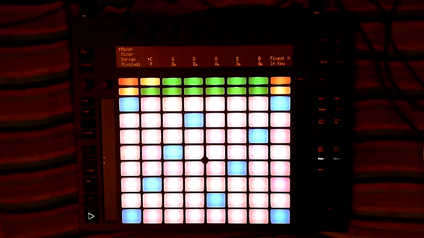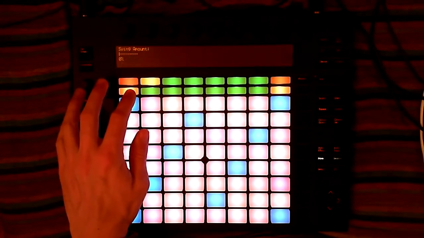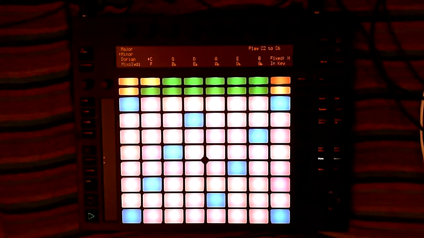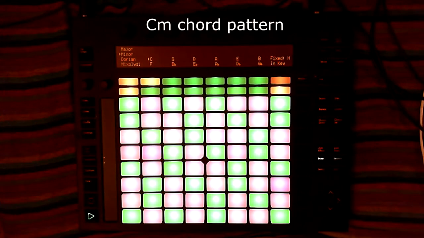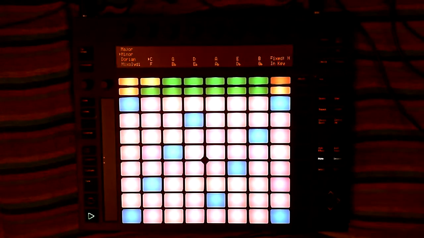If we switch to minor scale and play minor chords stacked above each other the same way, we will have the minor chord pattern that looks absolutely the same. So we can play all the chord voicings that I have shown before, but now they all will be minor.